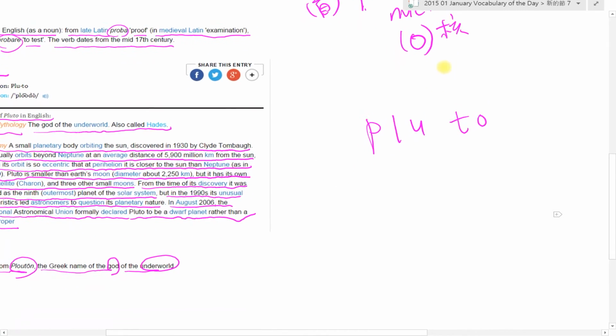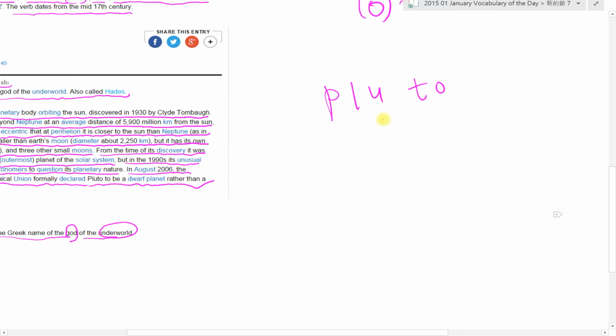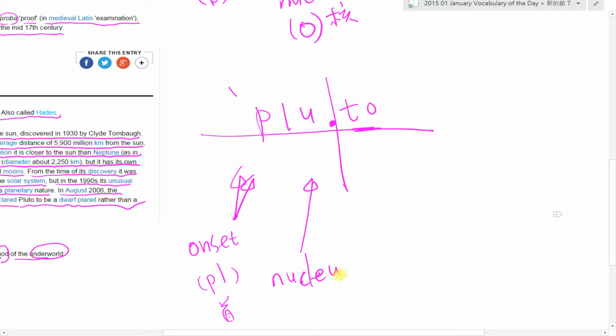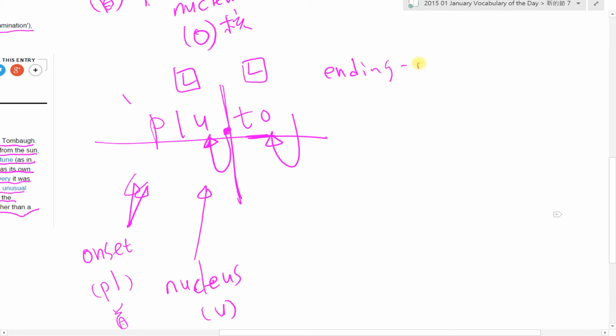好，第二个字就比较特别，它是 P-L-U-T-O。当然这个字我们可以看到它的介绍 from Latin, from Pluto, of the Greek, of the god of the underworld。所以这个念 U，它是 P-L-U-T-O。我们发现它是直接 U 过来，然后 T 跟 O 又自己在一个音节，那当然它是拉丁文转过来的，所以可以看它在第一个有重音的 PL 这个地方，它的 onset 是 PL，是它的首音，followed by the nucleus U。比较好玩，它是没有 coda 的，所以直接 U 就被拉成长母音了。